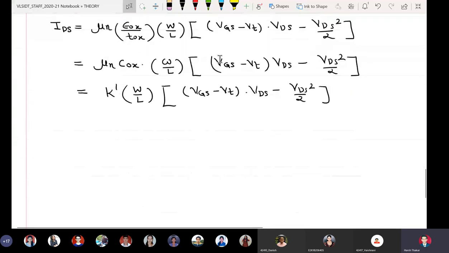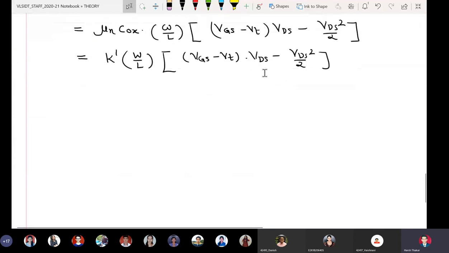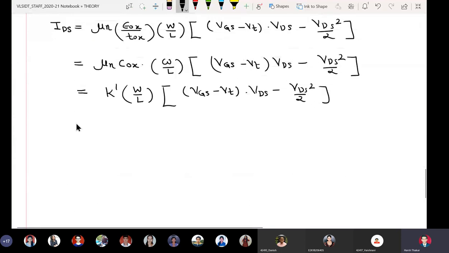So we also know that this equation can actually boil down to this equation if you are going to operate it in saturation region.